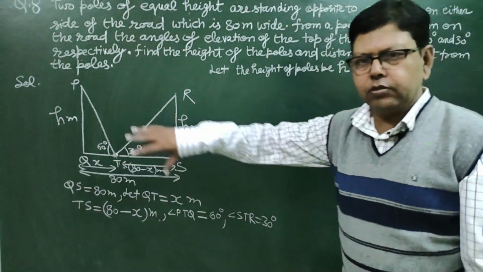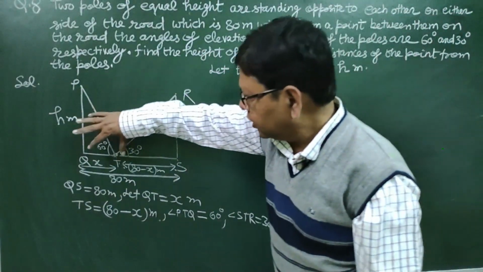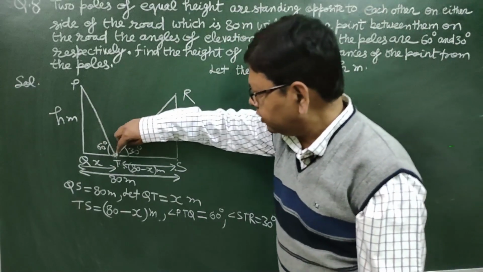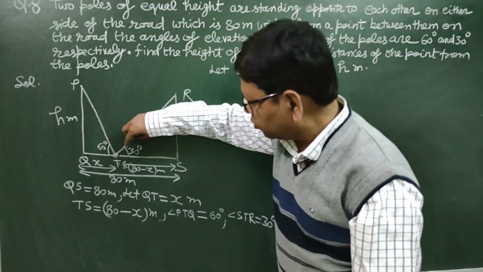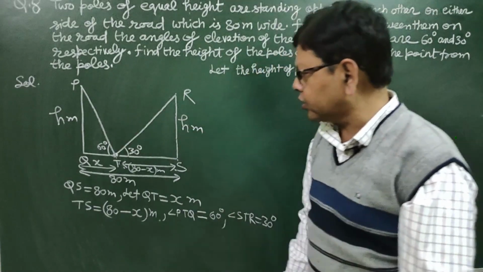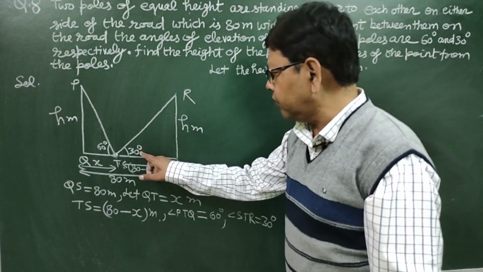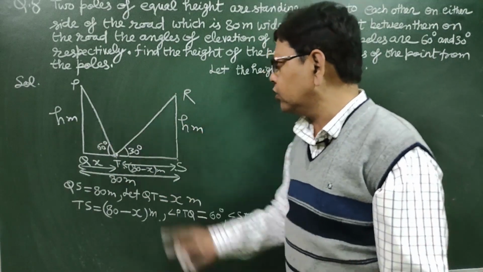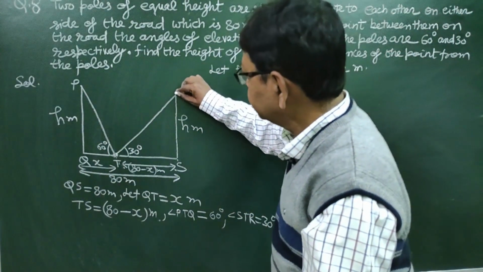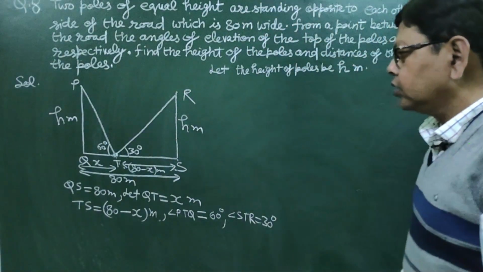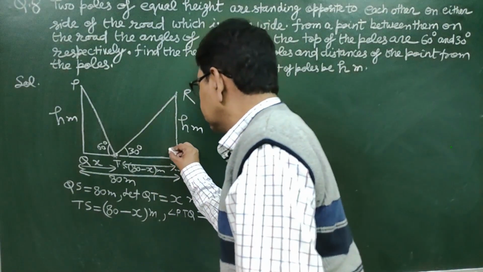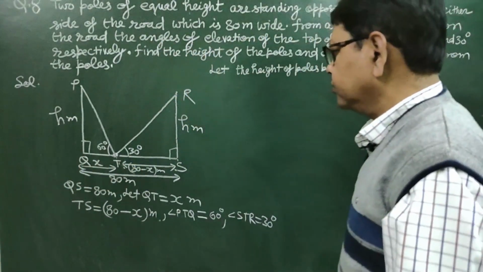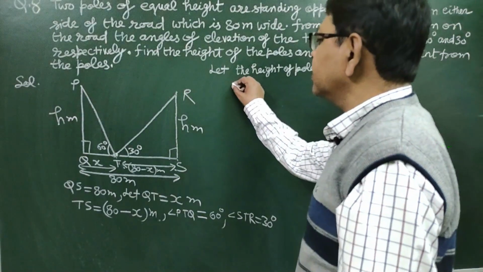So now in this figure you can see this distance I have taken as x, the whole distance is 80 meters, so subtracting this, the remaining distance TS is 80 minus x. The angles of elevation are 30 and 60 degrees respectively, and the height of the poles is h meters. Now there are two right triangles. The first one is PQT. So in right triangle PQT,